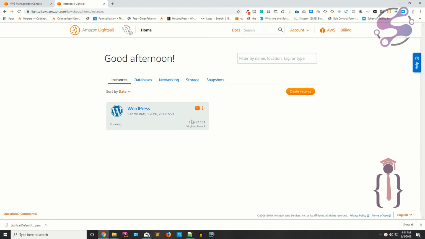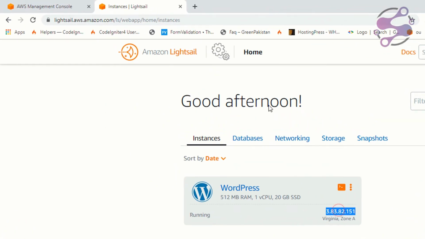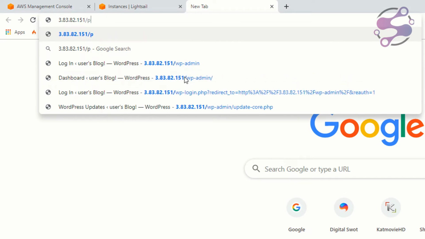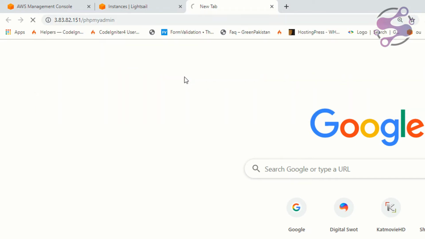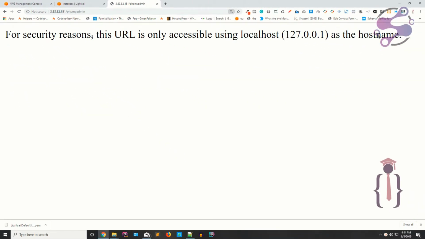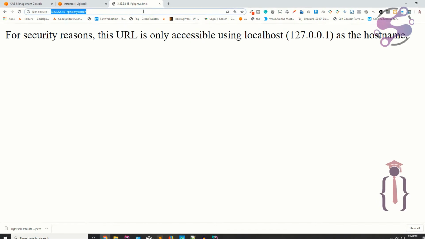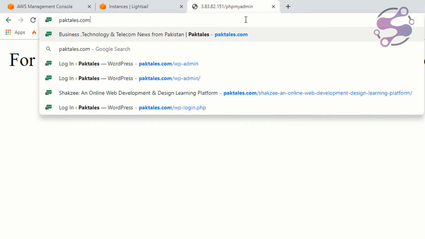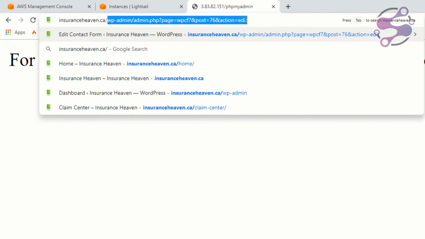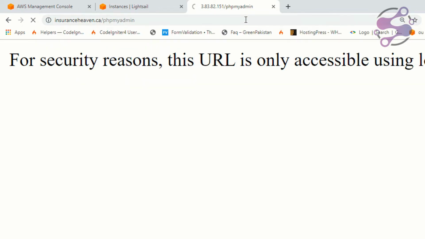So now copy your IP, paste your IP here, and access your phpMyAdmin. So now as you can see, it's saying for security reasons this URL is only accessible using localhost. If you want to open some other websites like Parktels or Insurance Haven and access your phpMyAdmin, so